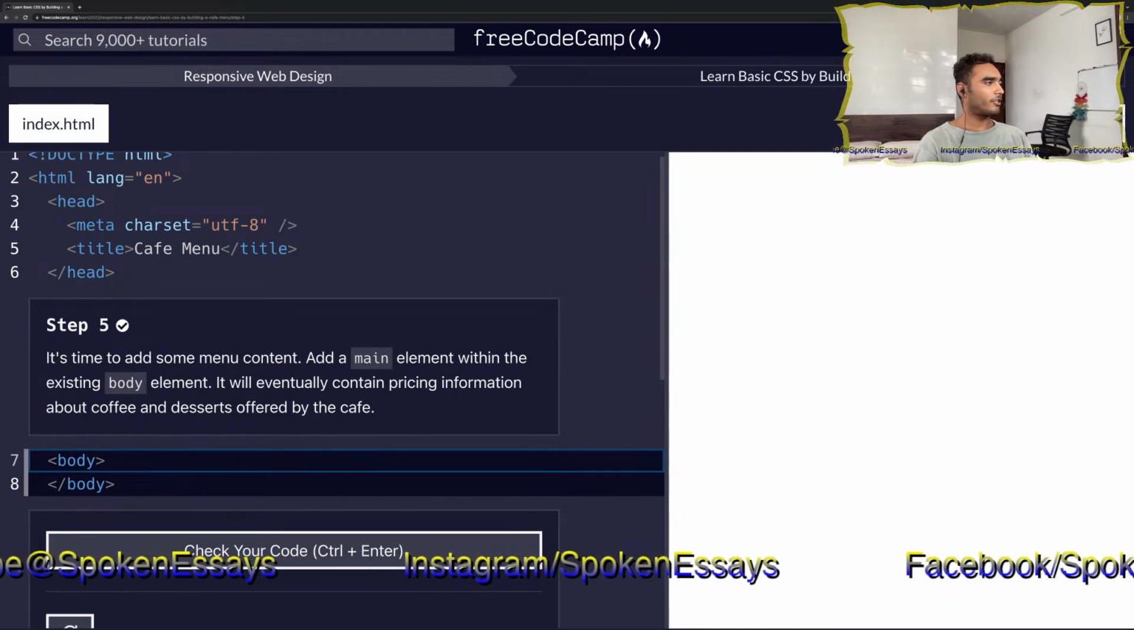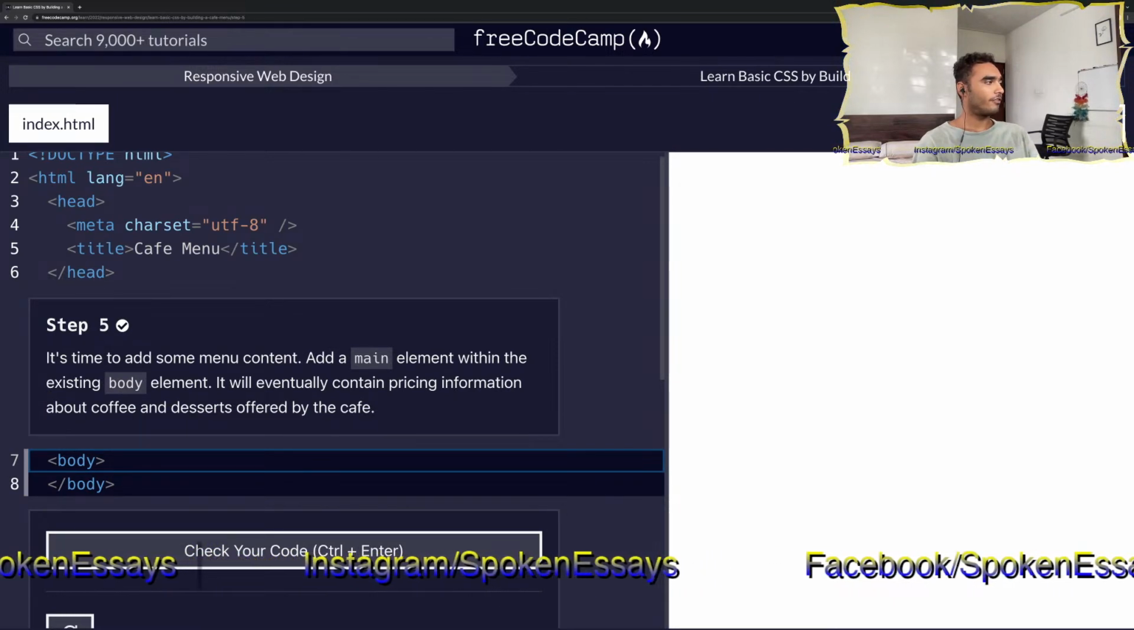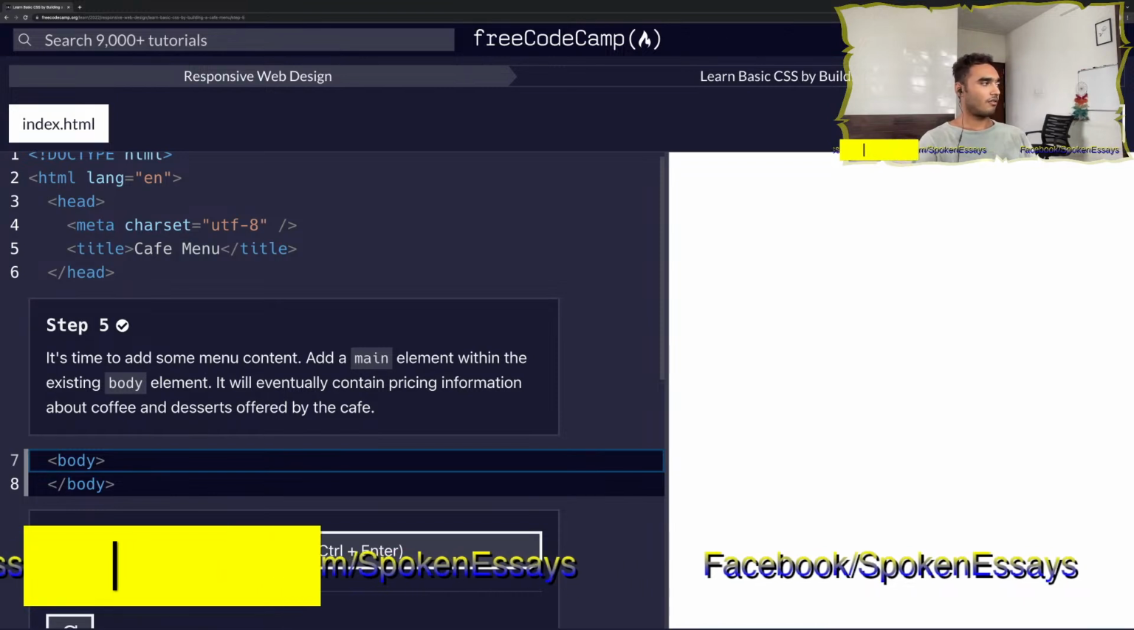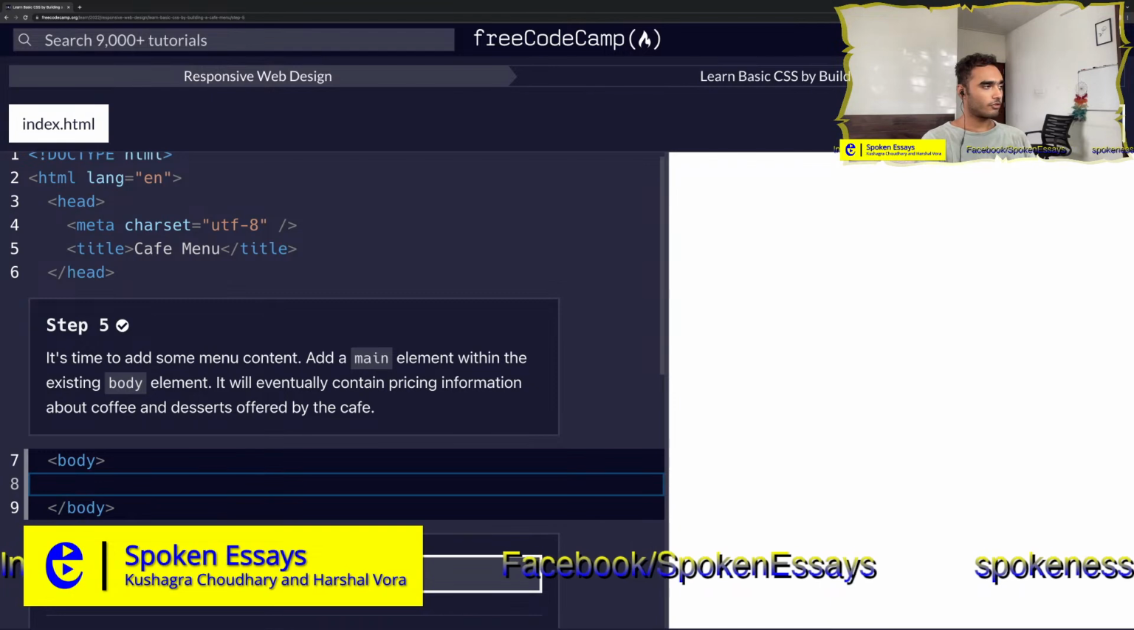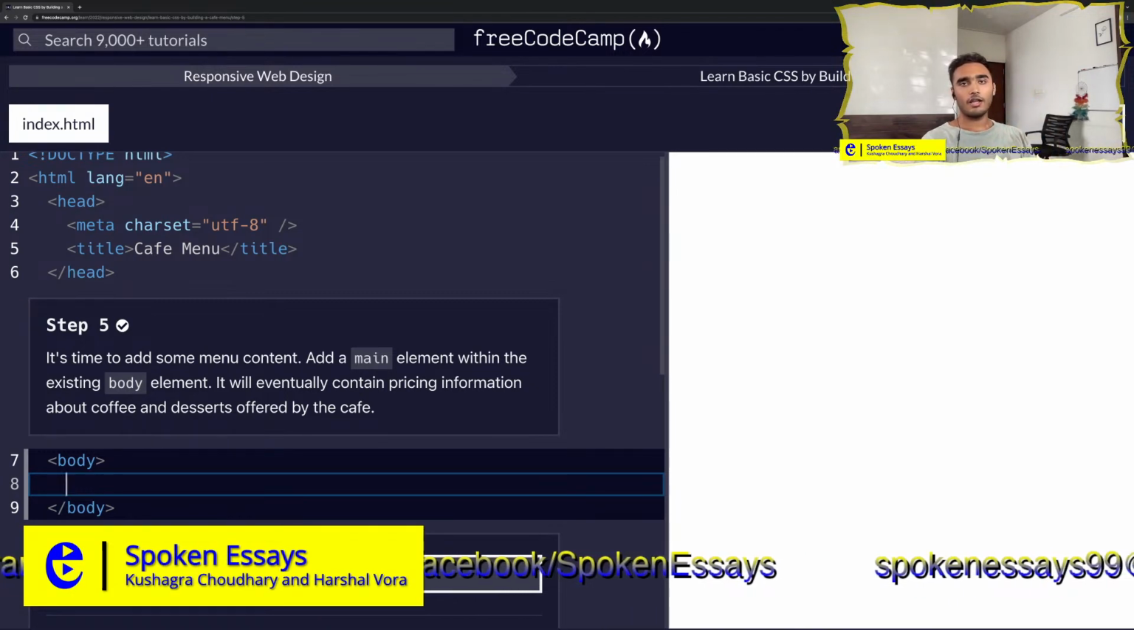It's time to add some menu content. Add a main element within the existing body element. Great. So we came across sections before and main elements before, so that we can divide the code into sections